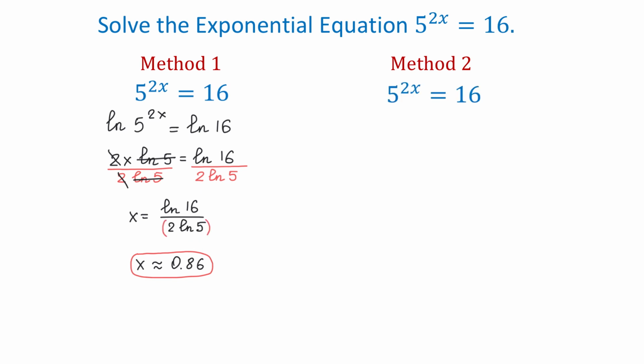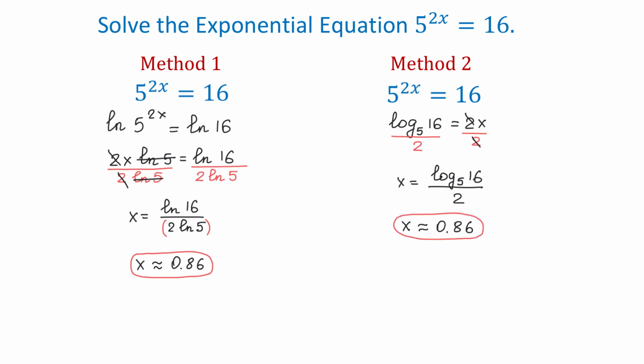With this method, we will rewrite the exponential equation in logarithmic form. So we will have log base 5 of 16 equals the exponent 2x. Then to solve for x, we just have to divide both sides by 2. Then on the right side 2 will cancel, and x equals log base 5 of 16 over 2. Then if we want to approximate, we can use a calculator, and x will be equal to approximately